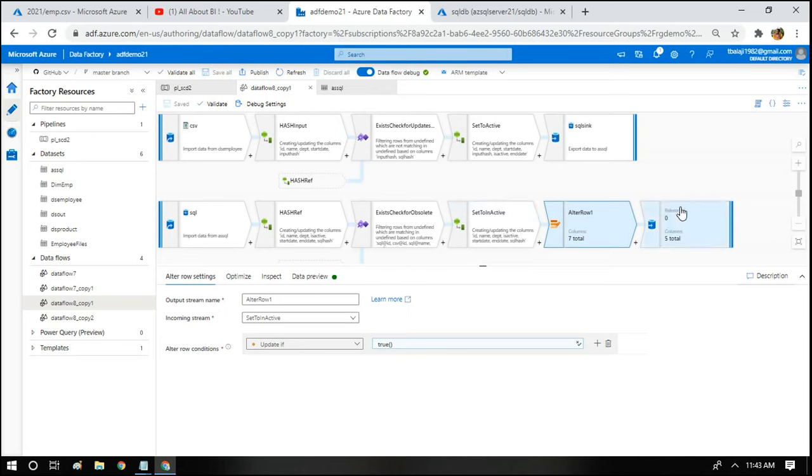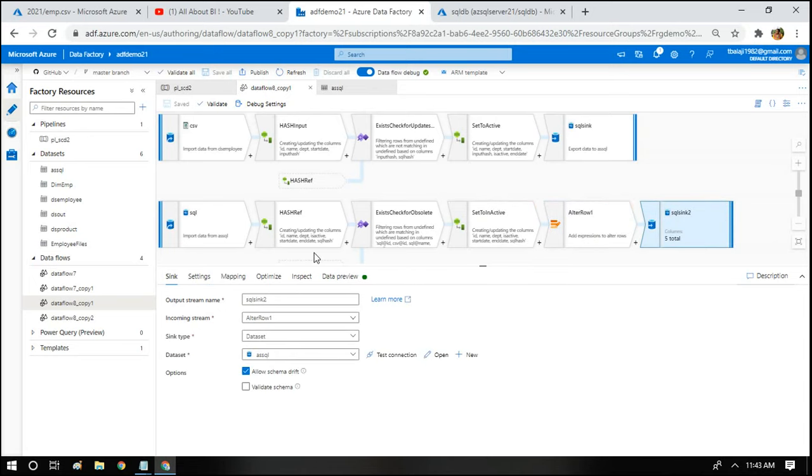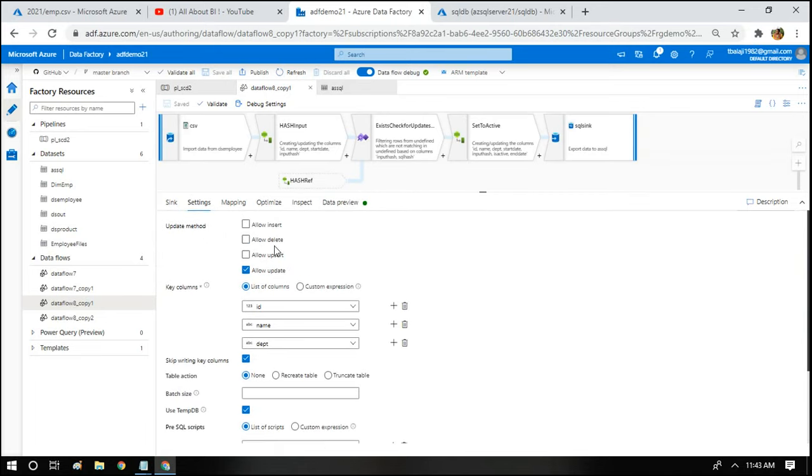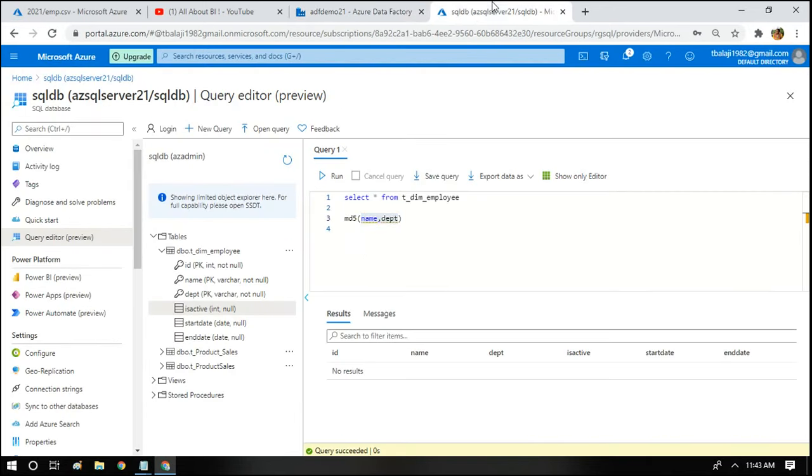Okay, so in the SQL destination, you go to settings, choose allow update, and choose the key columns. In my case I have chosen a composite key, but normally in a dimension table you will mostly have a surrogate key, wherein that particular column alone will be the primary key column. So it's up to you to design it.